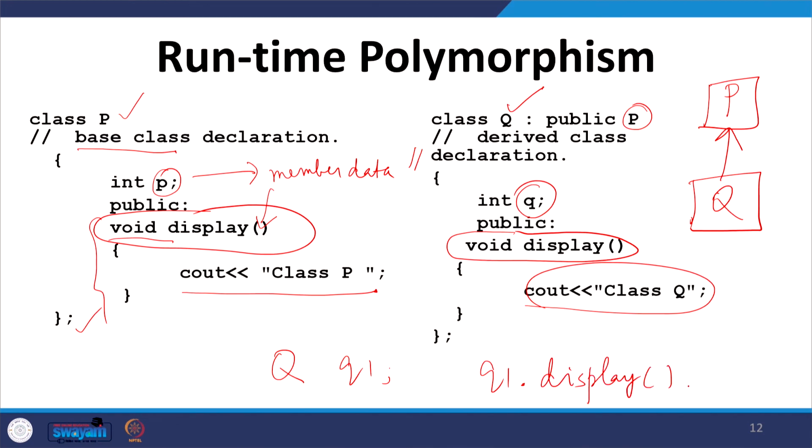Now assume that Q1 is calling the display function. Now, the question is which one will be chosen. Q1 is under Q, it is the subclass. So, you have an object Q1, and assume that Q1 is invoking display.